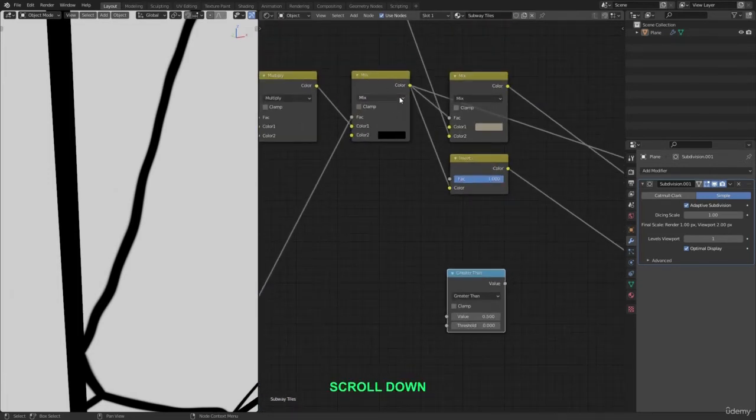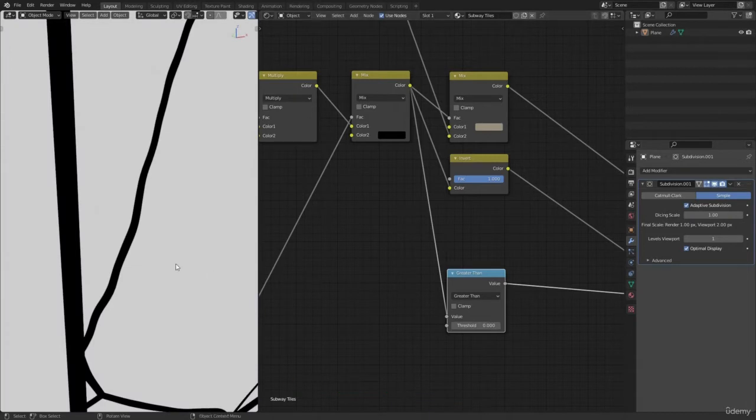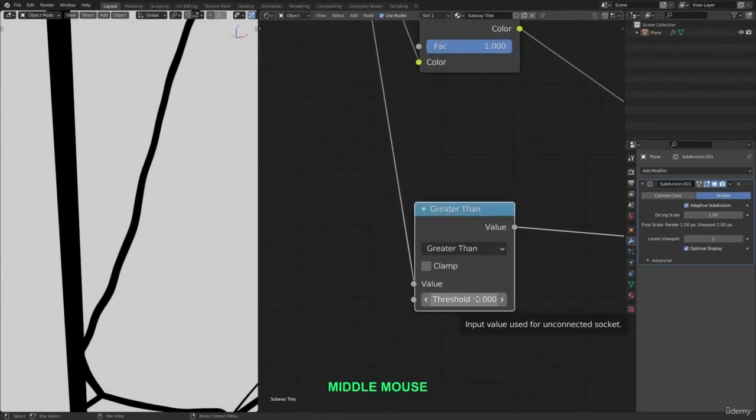And our mask is right here, so let's connect this color output to the value input of the greater than node, and then I'll hold Control and Shift and left click on it to preview. And there we go, no more gradients. That's because the threshold for this node is already at 0, so all values above 0 will become perfect white, and this gets rid of those gradients and leaves us with just perfectly sharp borders around all the cracks